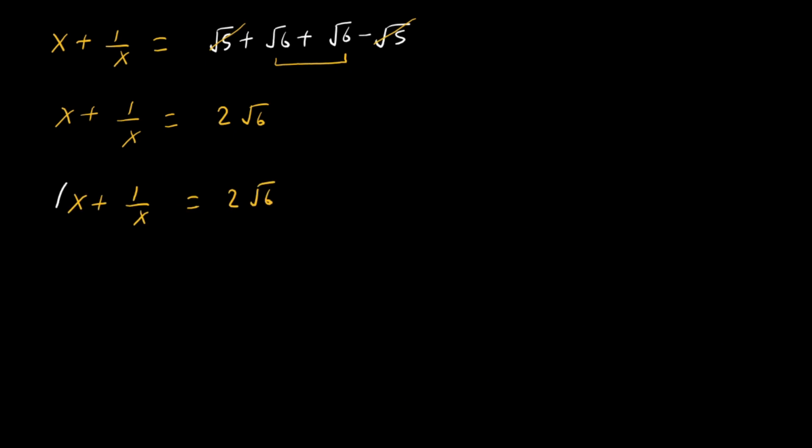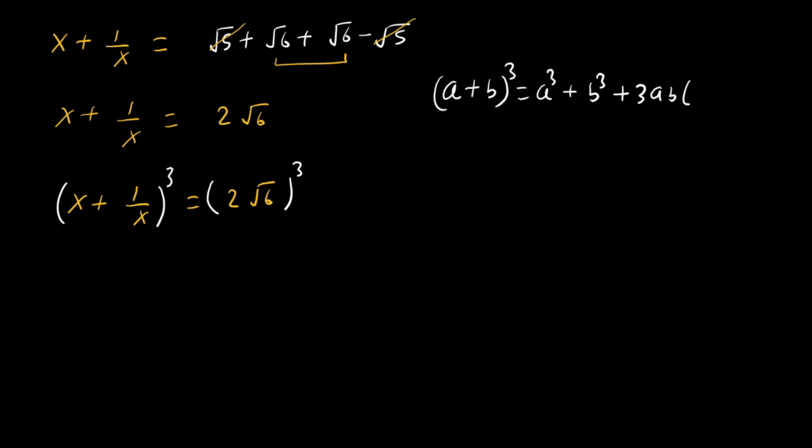Now taking power 3 on both sides, on the left-hand side we will apply (a plus b) whole cube, which is equal to a cube plus b cube plus 3 times ab multiplied by (a plus b). Then if a is replaced by x and b is replaced by 1 over x, then on the left-hand side x plus 1 over x,